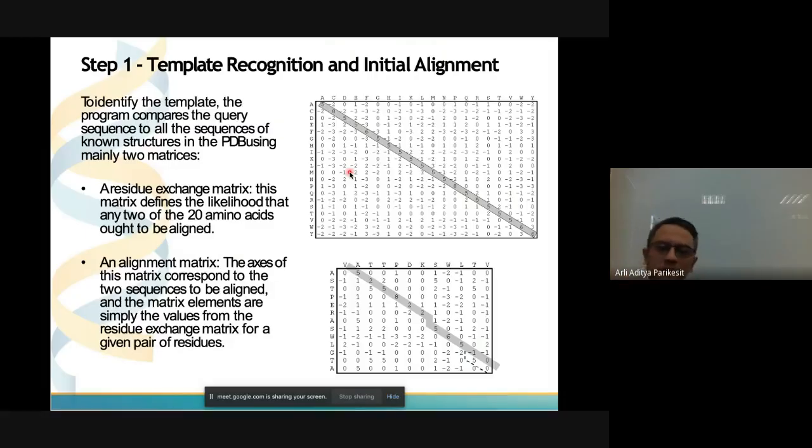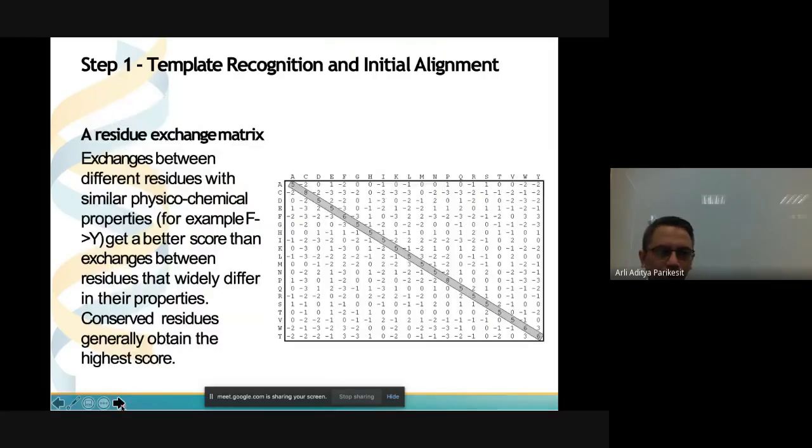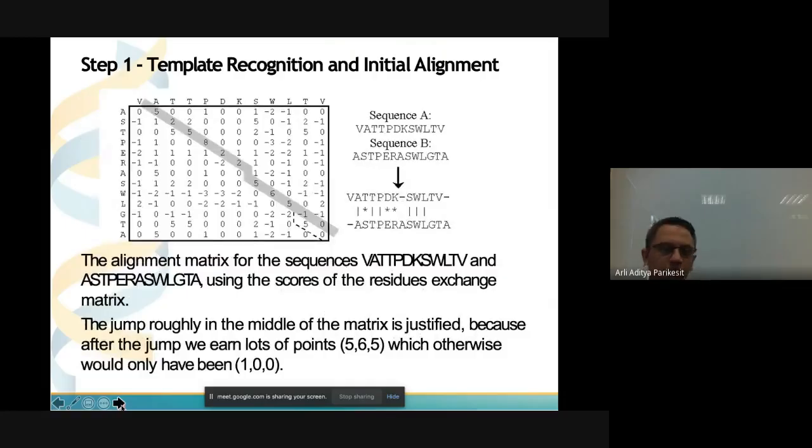You can just read your bioinformatics algorithm lecture. This is about dynamic programming. Just read about dynamic programming again, so you will understand what this is all about. And this is basically the same. I will just give you some.